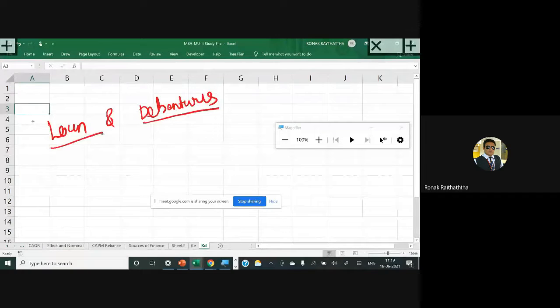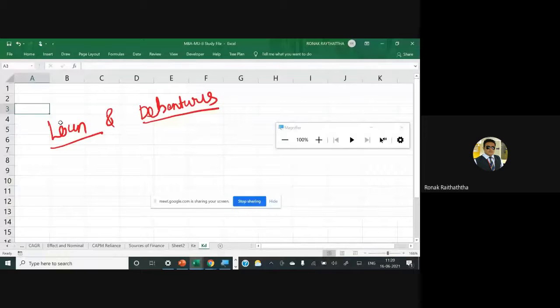The calculation of loan will be very simple. Here in this case, one more thing you will have to take into account, friends, is that debt involves a tax benefit. You get the tax benefit on the debt. We had discussed this point very extensively when we were talking about advantages and disadvantages of debt finance. On interest, you get the deduction of expense as per the Income Tax Act.